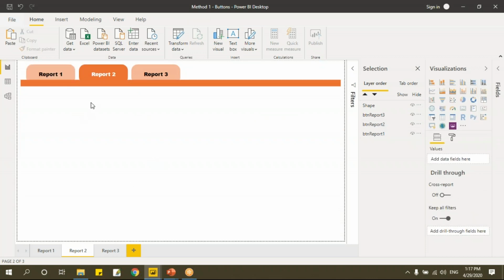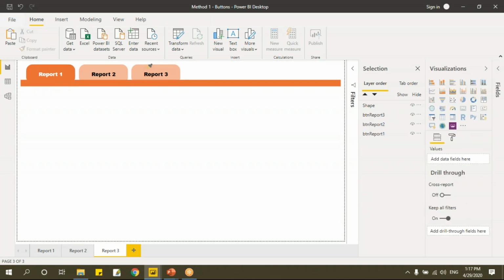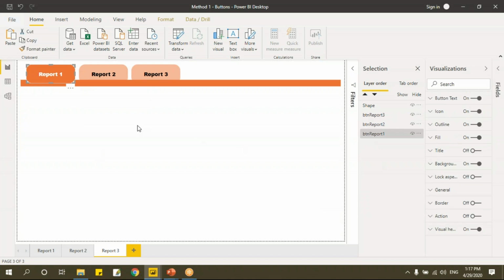Now if you go to this report 1, we had not given the action option here, because we had copied the same thing here. Let's do that. Before that, what we'll do is we'll format this report 3 sheet as well. Let's select this and say format painter. I'll just click here, select report 1, format painter, and select this report 3 and click here.